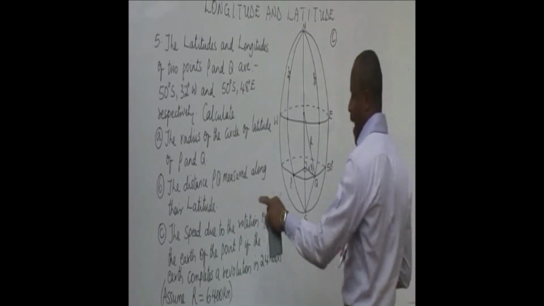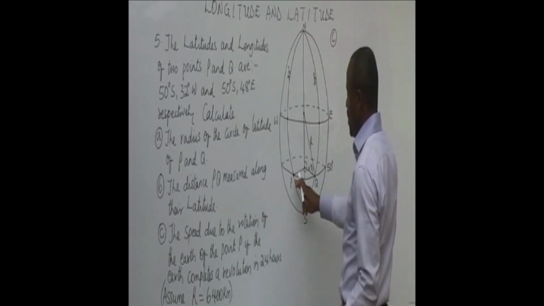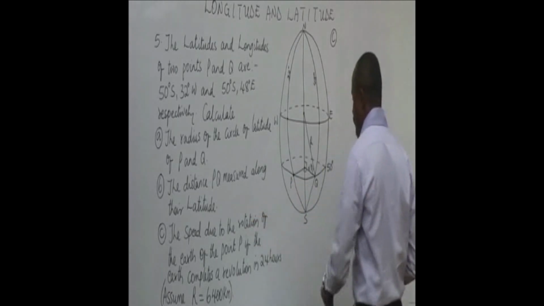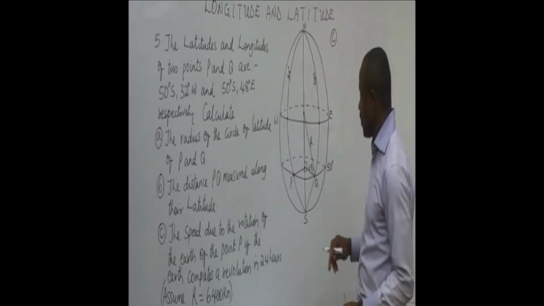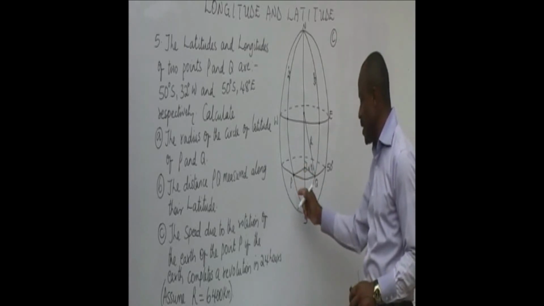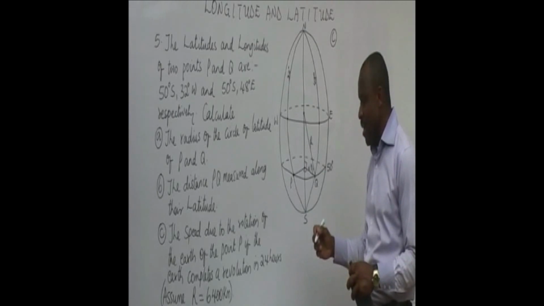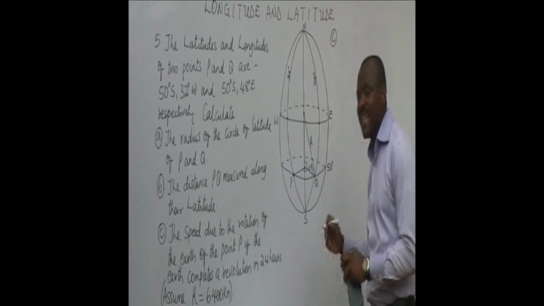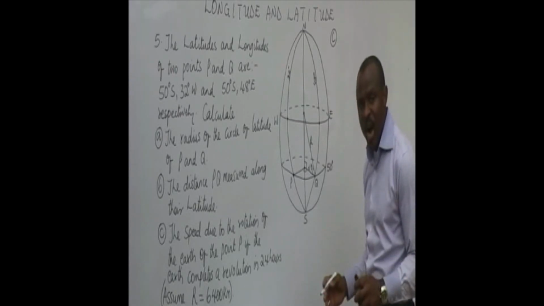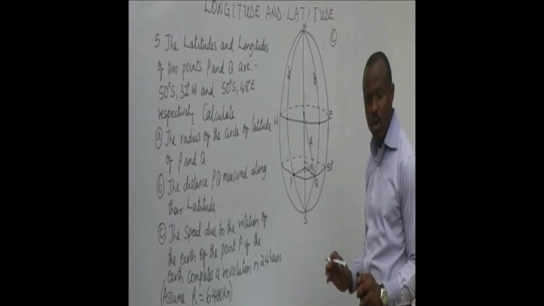Question number C says we should calculate the speed due to the rotation of the earth of the point P if the earth completes a revolution in 24 hours. They can tell you the speed due to the rotation of the earth of a point P or Q. They can also say due to the rotation of the earth of a point on the latitude of P or the latitude of Q. They can say of a point on the latitude of 50 degrees north. So whichever way it comes,